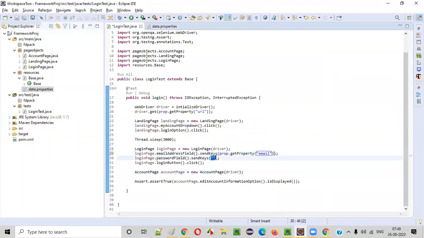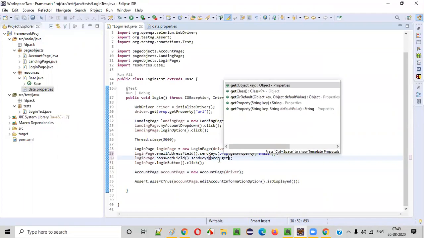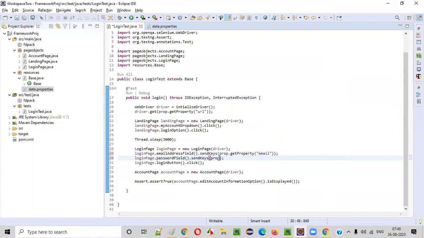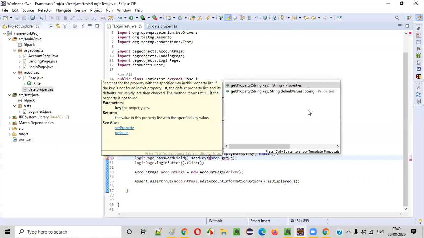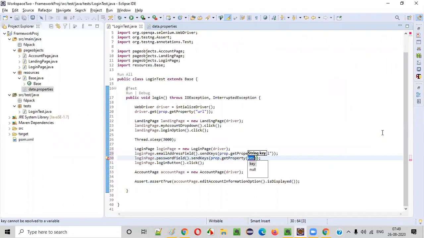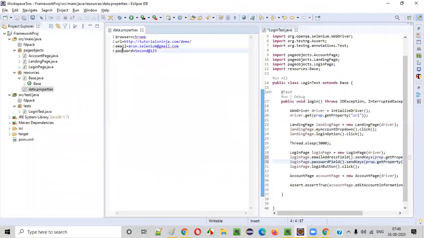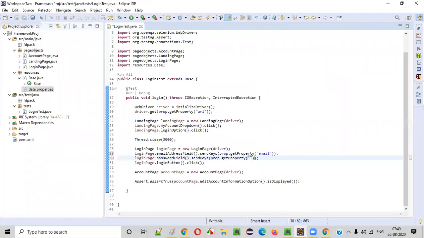That's it. Here, instead of password, you have to give prop dot get property. Here we have to pass the password property. Copy this and paste it here. That's it. Save this. Now hard coding is gone.